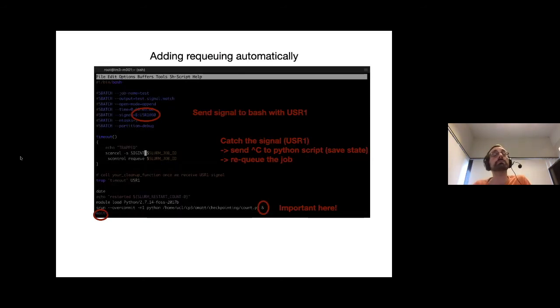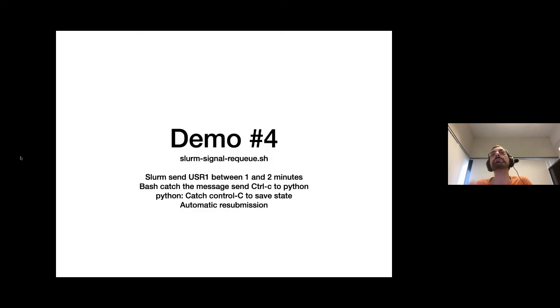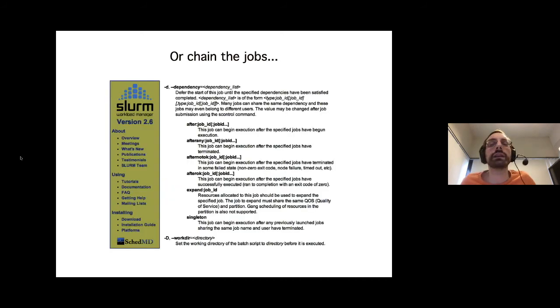And that, of course, the requeue will occur multiple times in practice. So this I will skip because it's basically the same, and I'm running out of time. There's another way in Slurm to do that. I don't remember if Damien explained how to do that in Slurm. It's what we call job dependency.